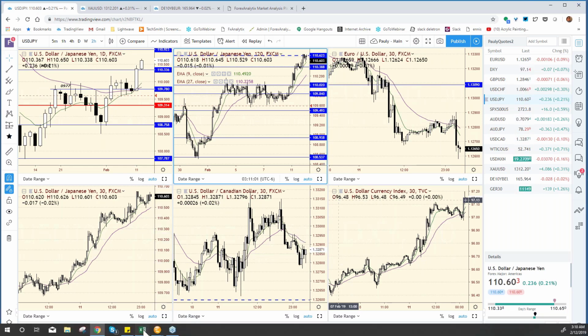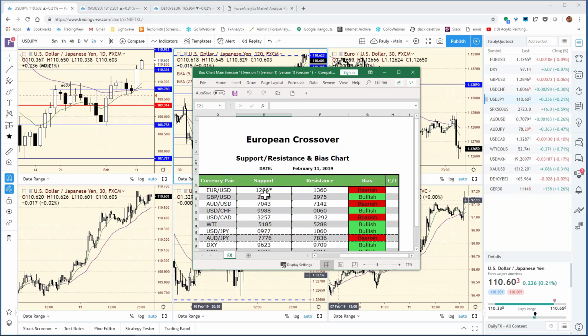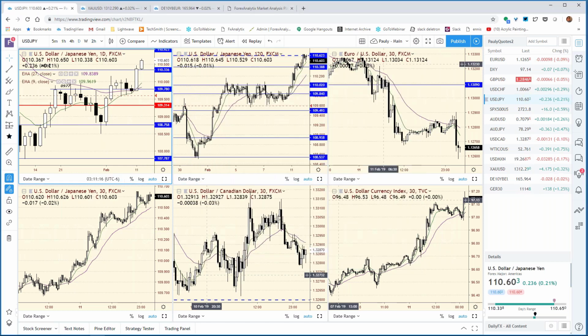And we'll move on to the euro. Well, as I said, you can see here we had 1286 on the daily. And we had this asterisk because it was a key daily support. So when we come over here to the euro,